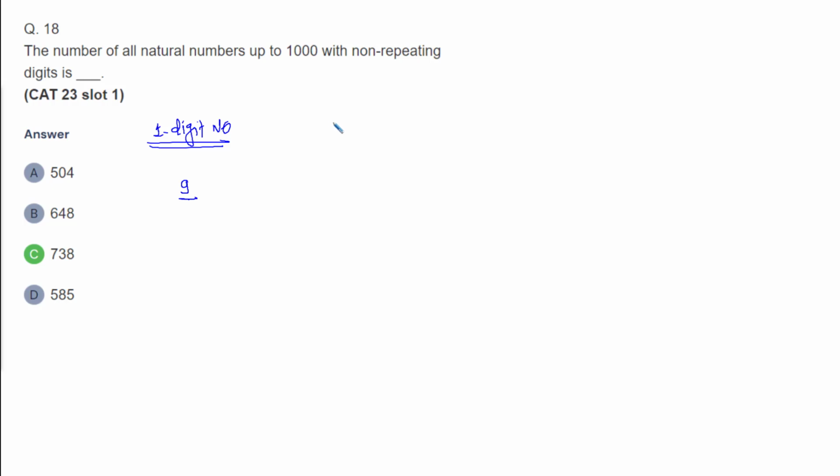So now let's talk about 2-digit numbers. The first place cannot be 0, so 9 choices. Second place, out of 10 available digits, 0 to 9, 1 digit is already used because it is without repetition, so we have 9 choices. So 81. If we talk about 3-digit numbers,